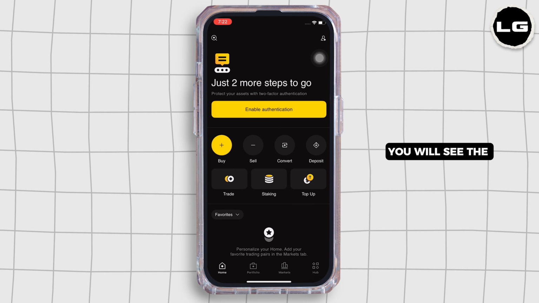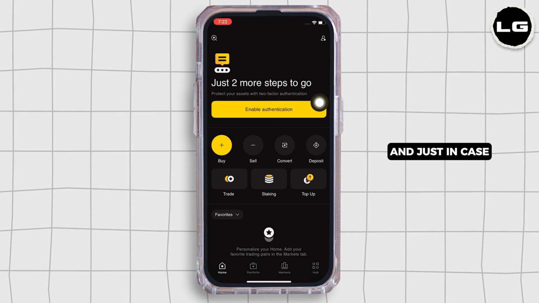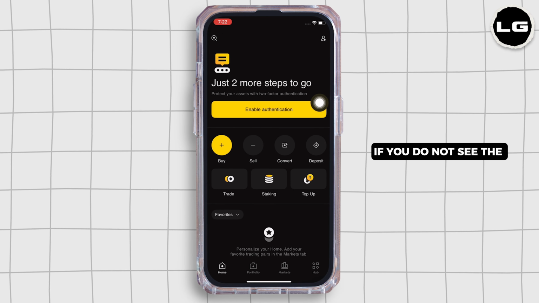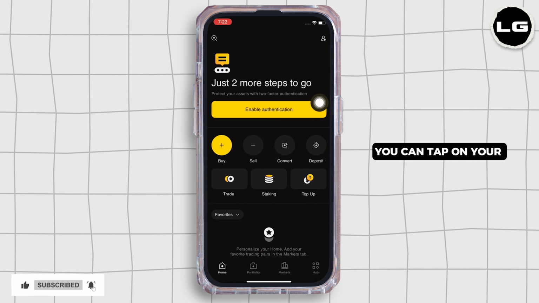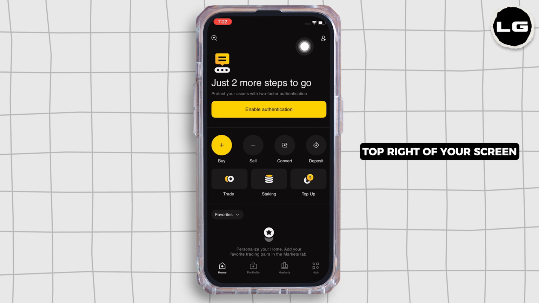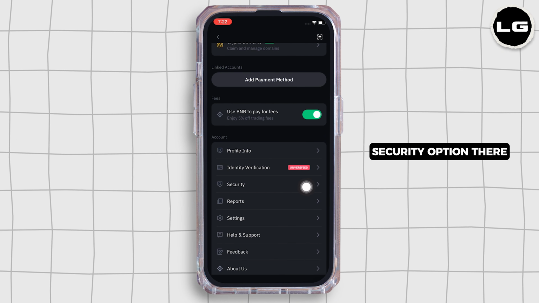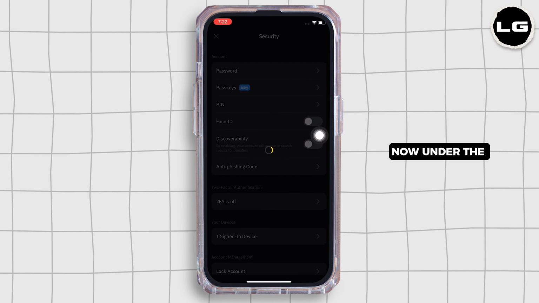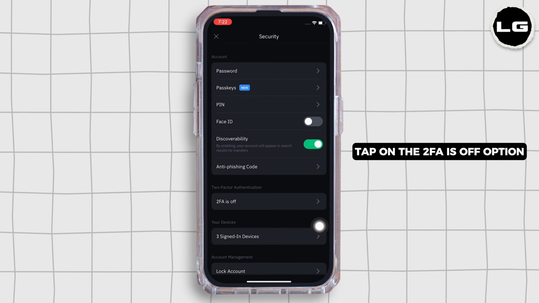You will see the Enable Authentication option on your home screen, and just in case you do not see the Enable Authentication option there, you can tap on your profile icon on the top right of your screen and further tap on the security option there. Now, under the two-factor authentication tab, tap on the 2FA is off option and further tap on the Google Authenticator